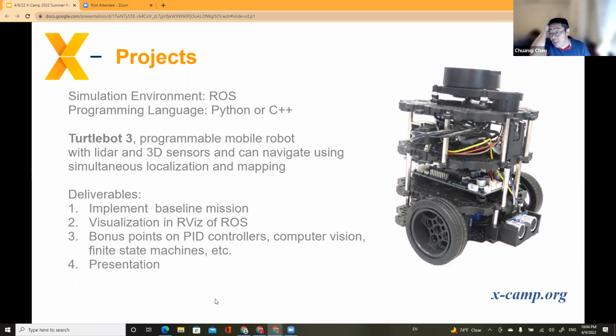If you want your son to improve his FRC design, because he already did 2 years, he may not learn much. But if you want to prepare him to do well in the university, this might benefit him because he will learn ROS. He will learn C++ programming. He will learn how to do image processing, how to use computer vision, how to do object detection. So this might help him with future university study. Might not help much with his FRC competition right now because he already did 2 years.